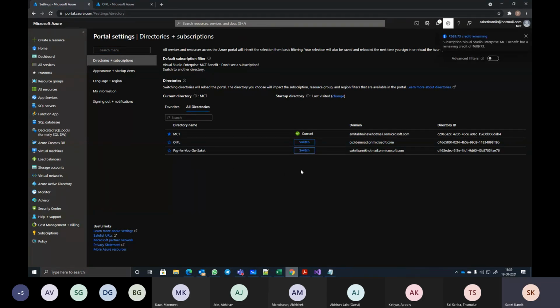Right? Sandbox is not there. These are the tenants which we created. This is my primary tenant. This is my secondary tenant. And this is the tenant that we created yesterday. That fourth one for sandbox is not there.